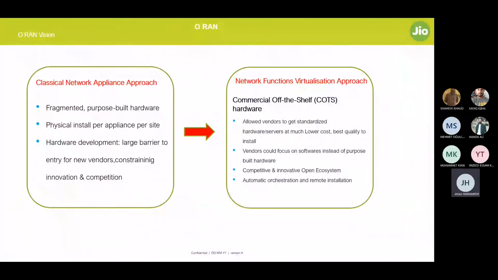can drive the cost to be low, and can have more impact because you can deploy it. You can just develop it once and repeat it an infinite number of times, deploying it wherever you want. And this kind of approach creates a competitive and innovative open ecosystem. It can also lead to automatic orchestration and remote installation, especially with the help of machine learning and